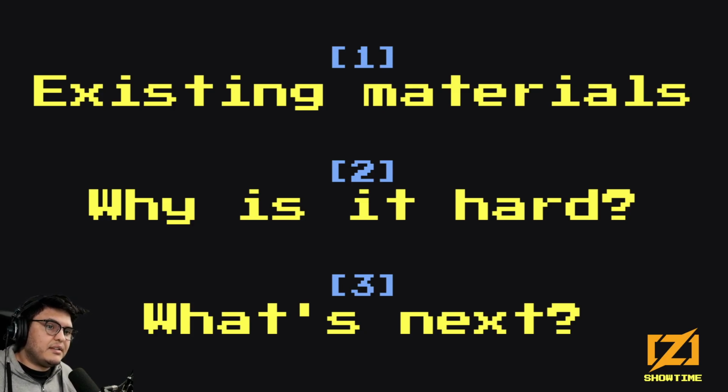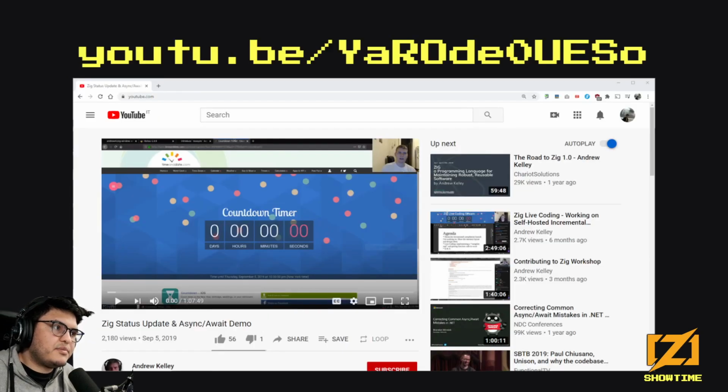So to start with existing materials, there are a couple of talks by Andrew about async await, but these are mostly Andrew giving status updates. So, for example, in this one that I'm showing here, he's showcasing async await at a point in time where there was no event loop, I think, still, or it was being worked on. And in his demo, he's not explaining the concept of async await. He's kind of assuming that you know what has to happen, more or less,